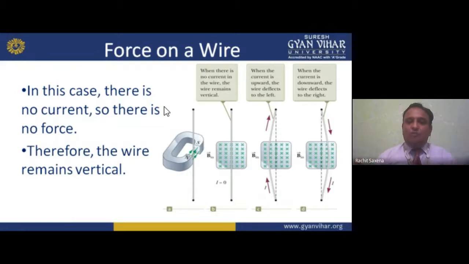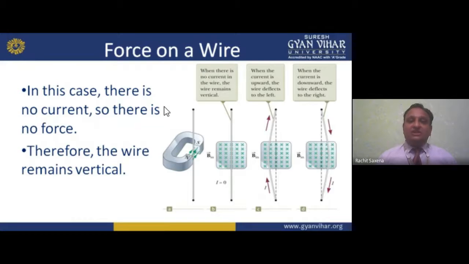The electromagnetic force. If I remove electro, then it's called magnetic force. So magnetic force takes place when electro is there. Means if an electrical current is there in a magnetic field, then the interaction gives you a force, and due to this force torque will occur. But if there is no current in a wire, there is no force, my dear student. There will always be no force because there is no current.